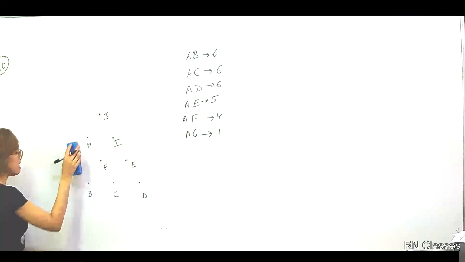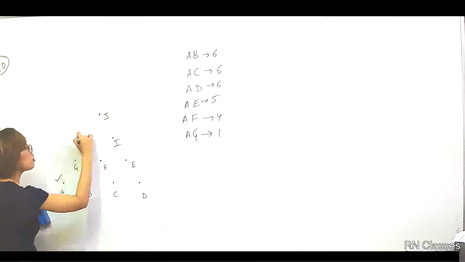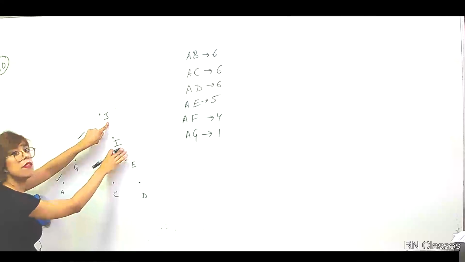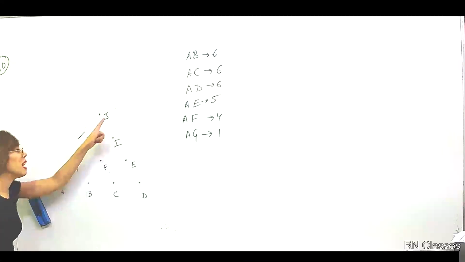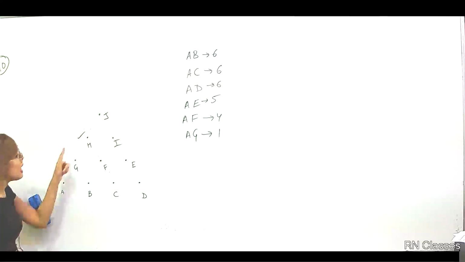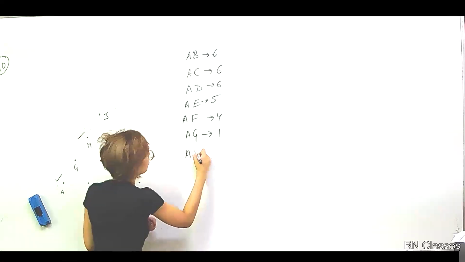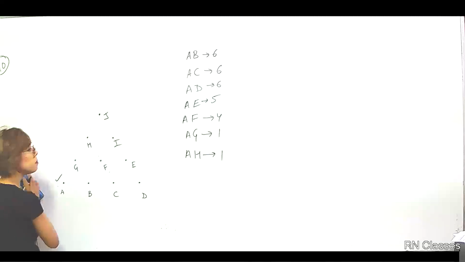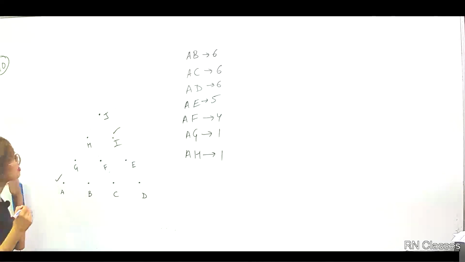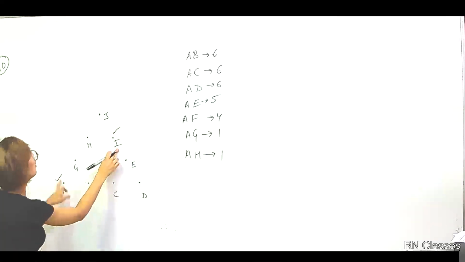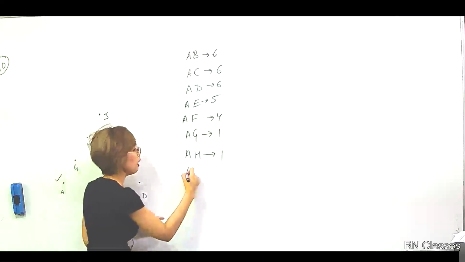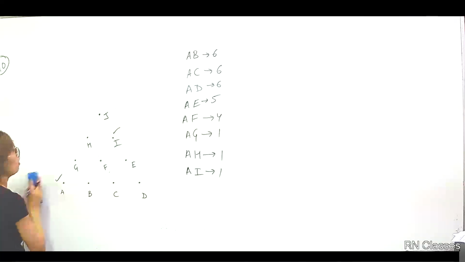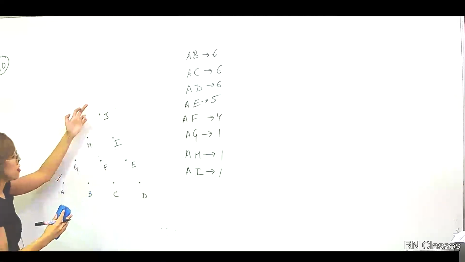Right? Then let's move to A and H. So AH, I can have I, and I can just have I. J we won't take, it will become collinear again. So AH just one. Done. Then let's talk about AI. So AI, J I can take, so AI just one again. Done. Okay. So AJ, obviously we have exhausted everything.